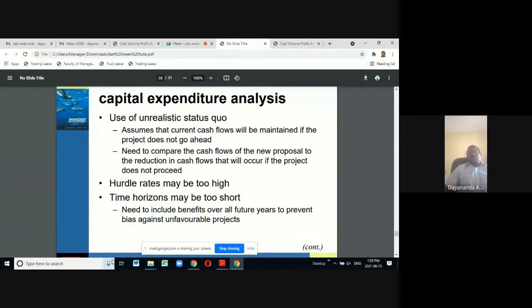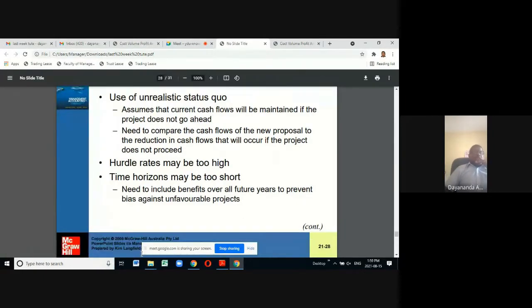Even though you predict the laptop duration is 3 years, you know that this laptop you have been using more than 3 years, maybe 5 years, maybe 6 years. Initially we know that the normal estimated life of the laptop is 3 years, but practically it's not the case. Similarly, even though we predict projects for 5 years, 6 years, 7 years, the actual duration is not that. So thereby that matter is not being considered.